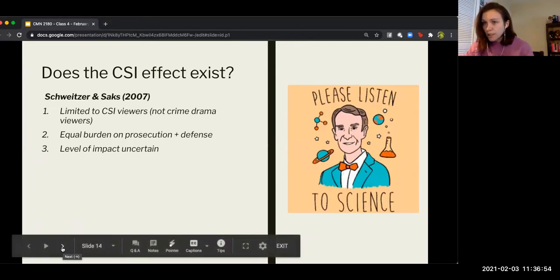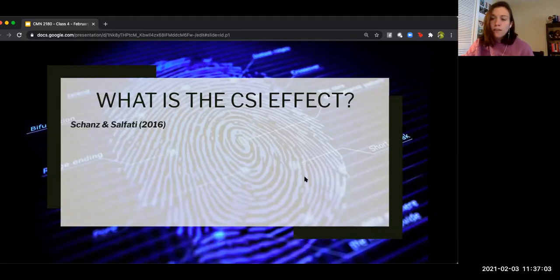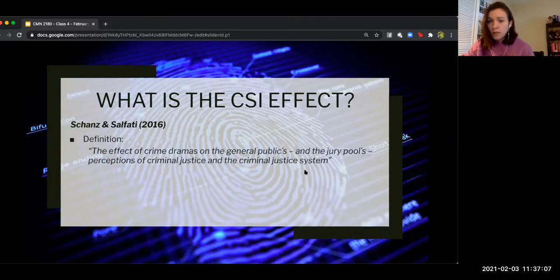So that was the first study, the Schweitzer and Sachs study. The next study, the 2016 one, found that the CSI effect actually has a whole bunch of different elements. They defined the CSI effect a little bit differently than the 2006 study, but don't forget that that's because there was 10 years in between them. So there's been a lot of research since Schweitzer and Sachs did their paper by the time Chance and Salfati